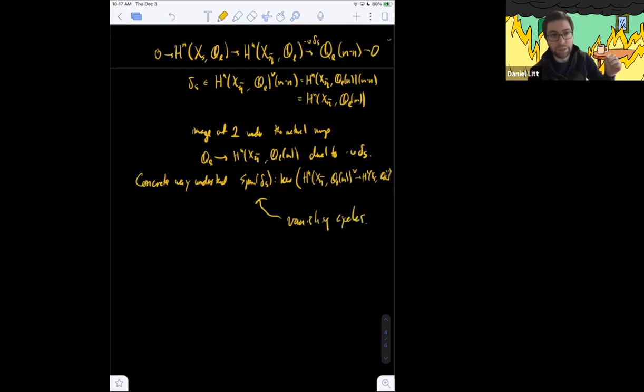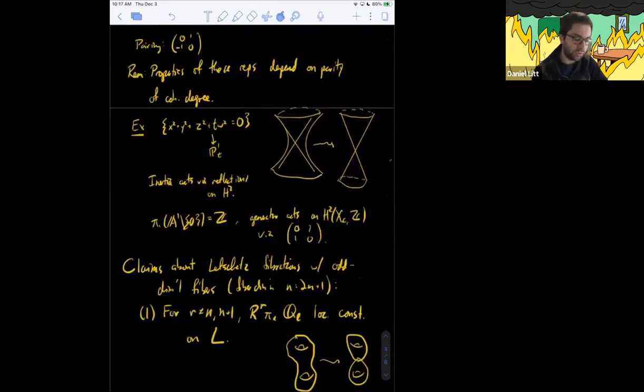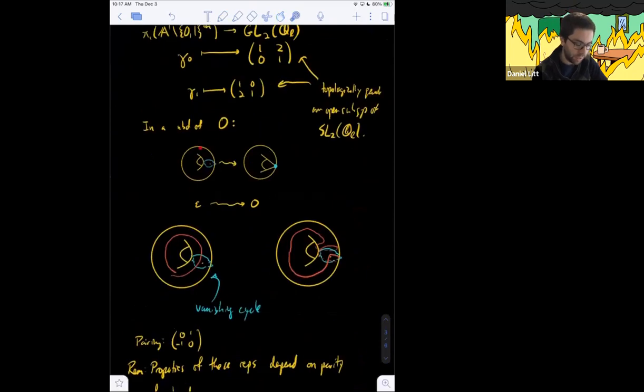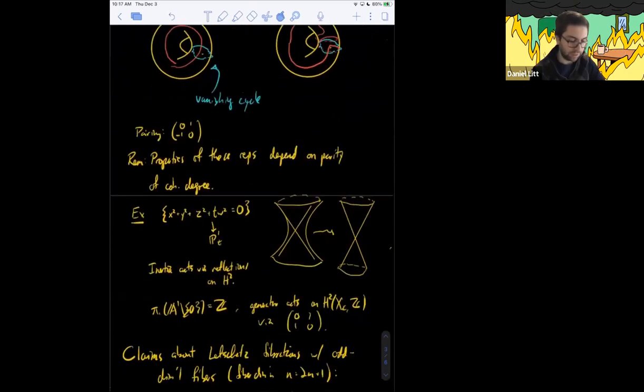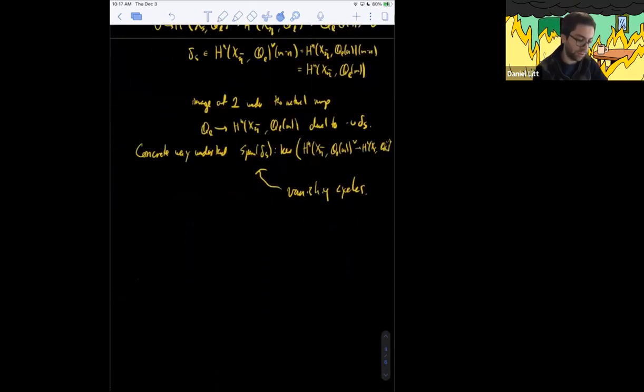In fact, there's a better way to understand vanishing cycles. There's a way of understanding vanishing cycles for general sheaves, upstairs on this family rather than downstairs on the base. If you do that, you'd get a sheaf of vanishing cycles, which is a skyscraper sheaf concentrated at this point. That's the correct way to do things, but it would be another several lectures, so we can't, unfortunately.